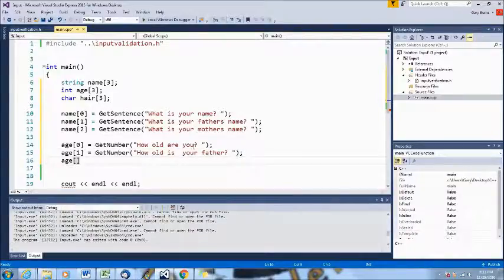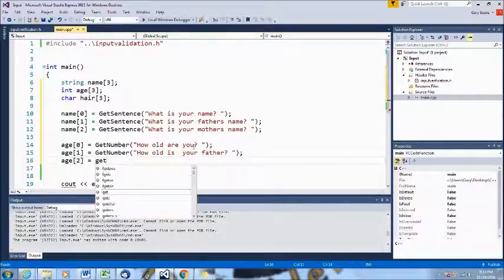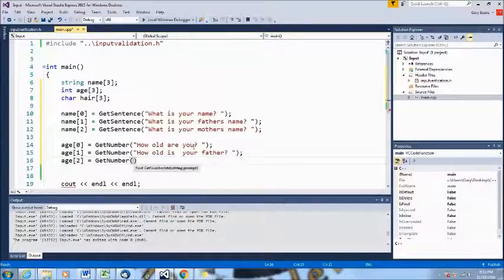And age 2 is going to be get number, how old is your mother? All right, now the next one,